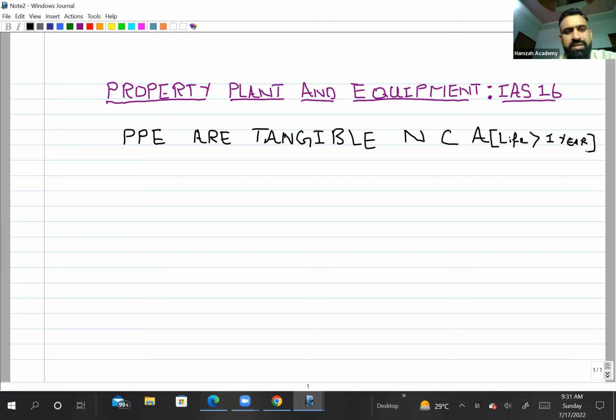And tangible means the asset with physical substance, like a car, vehicle, manufacturing plant, building, land. These are the tangible assets. So property, plant and equipment are tangible non-current assets